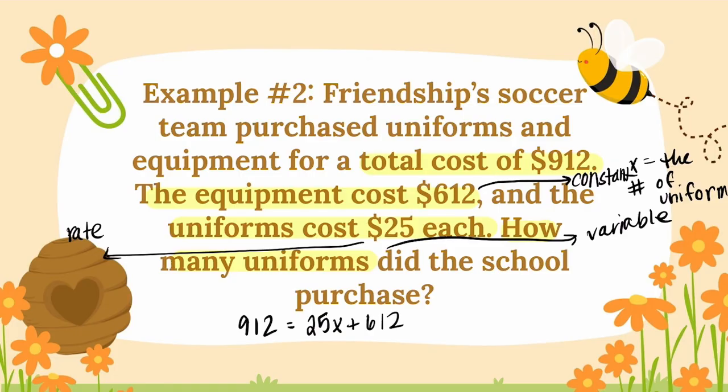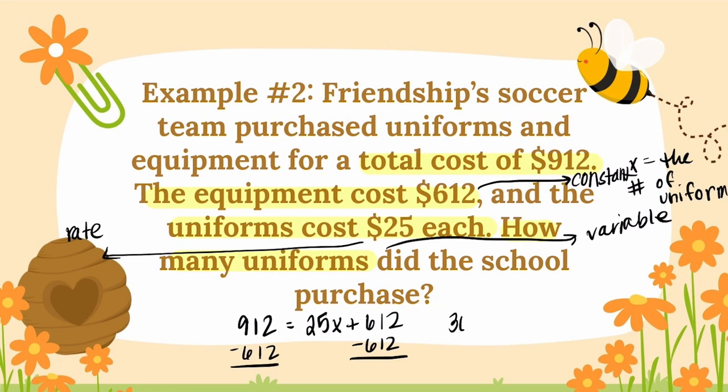So then we're going to go ahead and solve by subtracting $612 on each side. 912 minus 612 is 300, which is going to be equal to 25X. The 25 is being multiplied by X, so we're going to go ahead and divide. And then we'll have X is equal to 300 divided by 25, which is 12. Okay, and so we would say that the school purchased